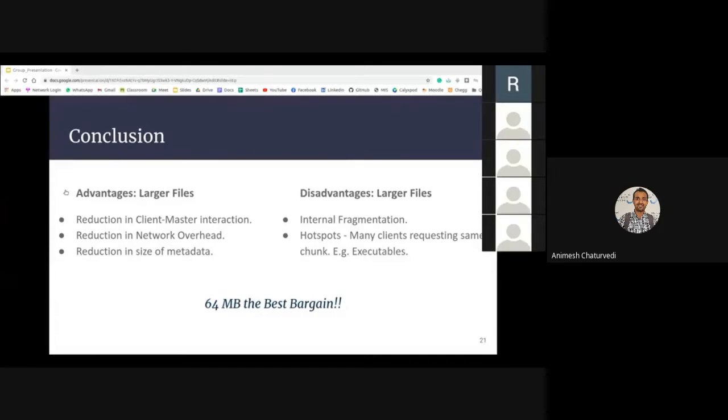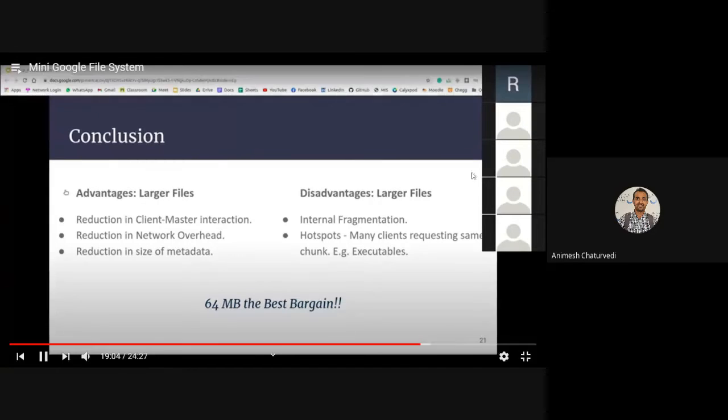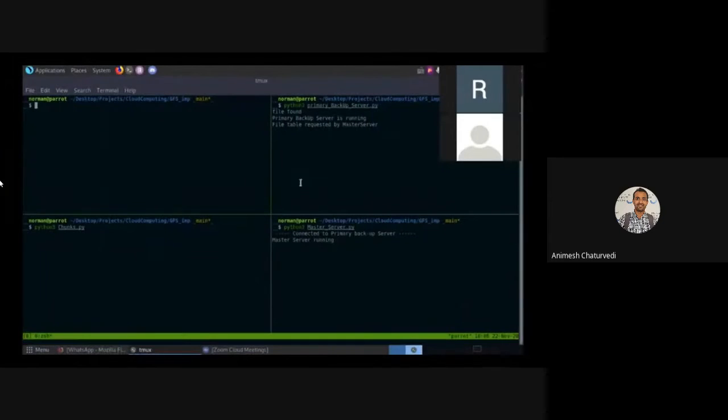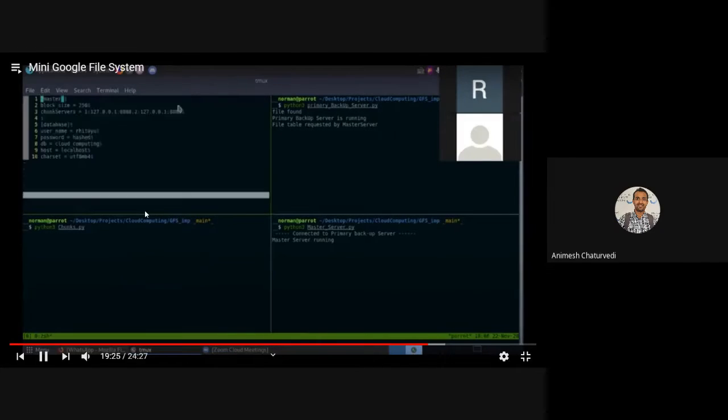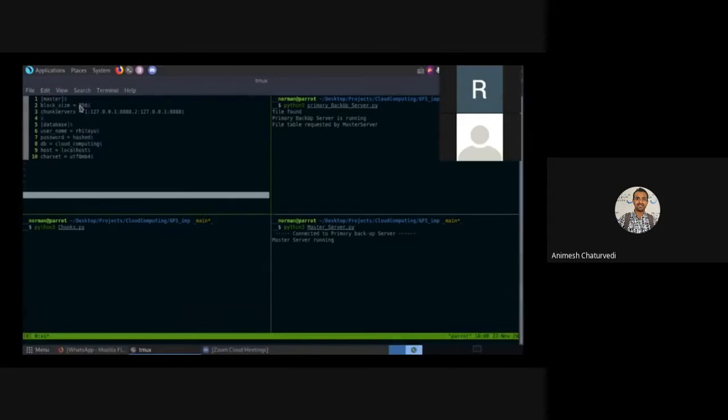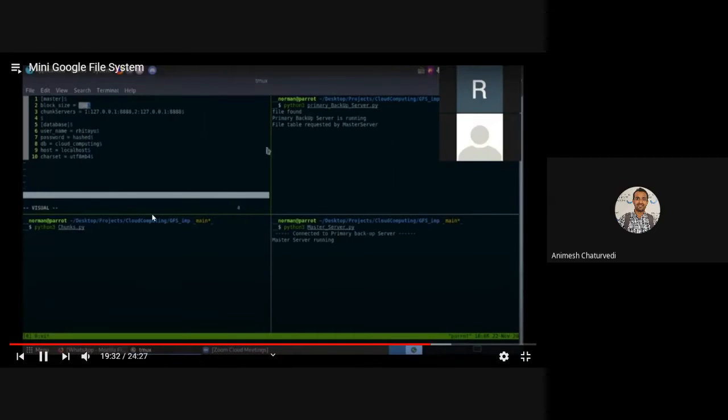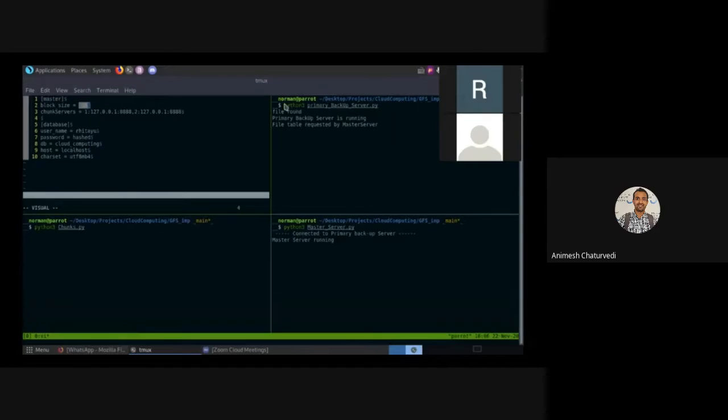Now they'll start explaining the demo of the project. So first we will check for the chunk size, that is 256 bytes. As we saw in the slides, we can change our chunk size. Currently it is 256 bytes, and we can see that in the right hand top corner panel, we have our primary backup server running.